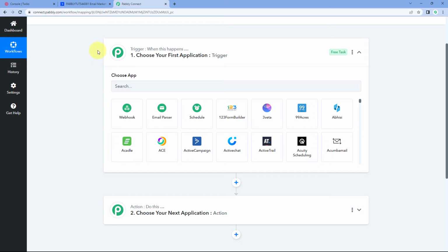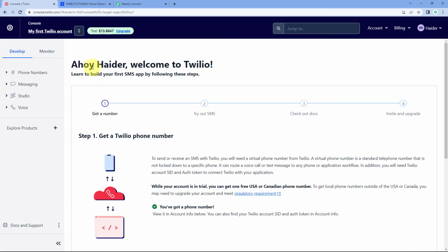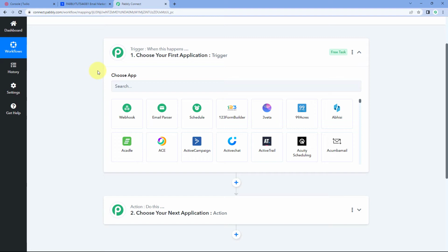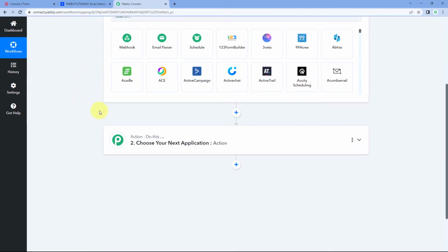Now you want that whenever the customer sends any message on the Twilio number, you get the details of that message inside Pabbly Connect in the trigger window. So using this connection between Twilio and Pabbly Connect, all the messages received on our Twilio number will be received inside Pabbly Connect. And whenever we receive those messages, this automation workflow will trigger. It will start. After getting these messages, we are going to add a filter condition that if we have received a message such as stop, STOP, DND, or any kind of reply the user is sending us,